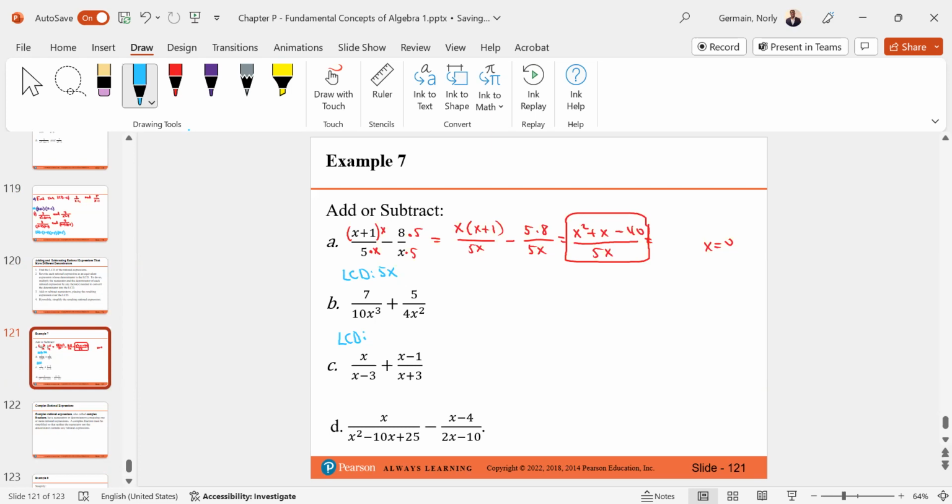Look, I know already that for x cubed and x squared the common factor is x squared, but let's go for 10. For 10, we know the factors are 1, 2, 5, and 10. Factors of 4 are 2 and 2, okay? So what we know here,